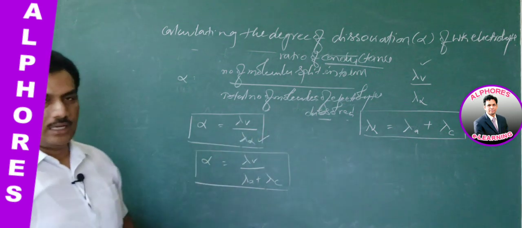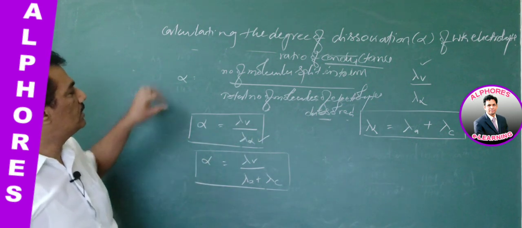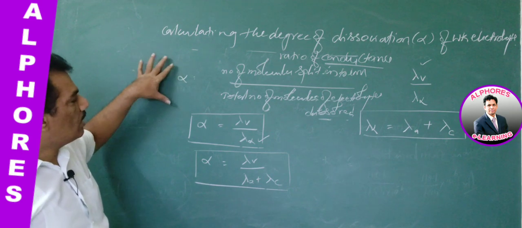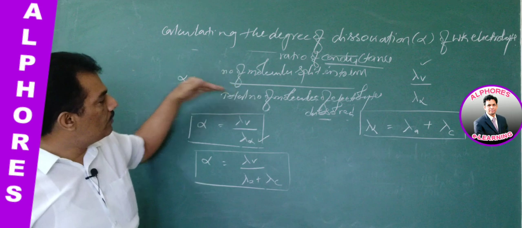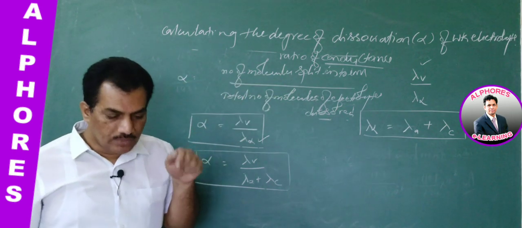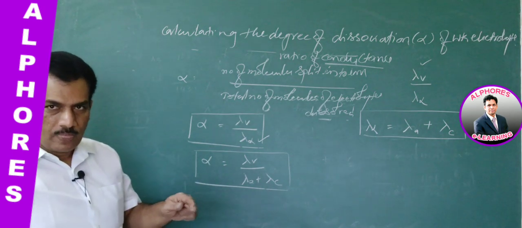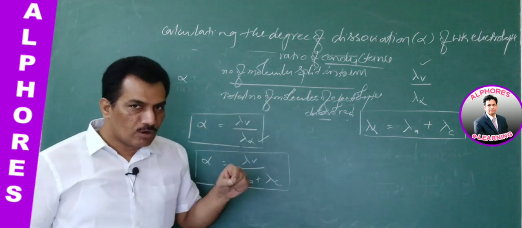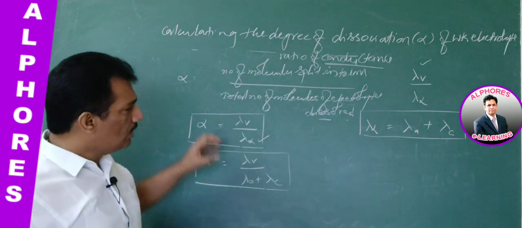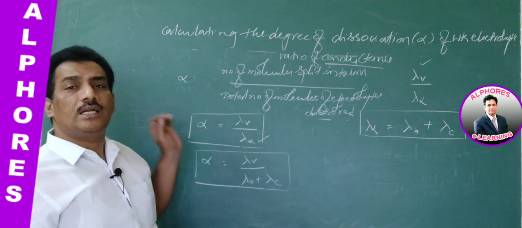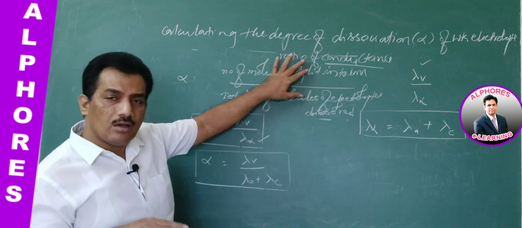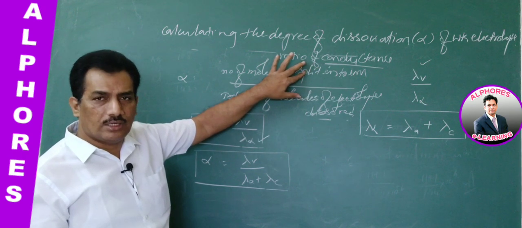Clear? Again, let me give the highlighted points. The degree of dissociation is already defined from the Arrhenius theory of weak electrolytes, where we define the degree of dissociation as the ratio of the number of molecules of the electrolyte that split into ions to the total number of molecules present in that electrolyte solution. And now we are connecting it with the conductivity of the electrolytes. When the molecules are split into ions, those ions are responsible for the conductivity of the electrolyte, is it not?